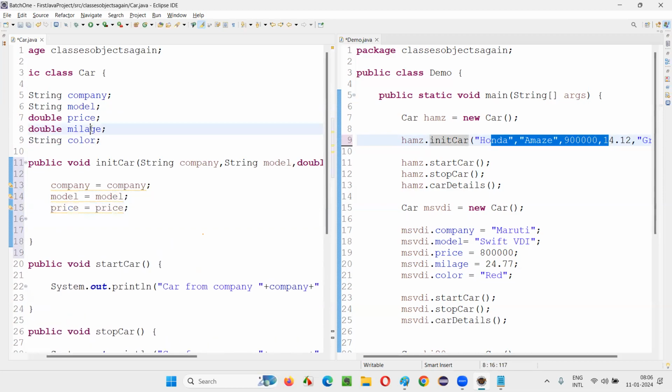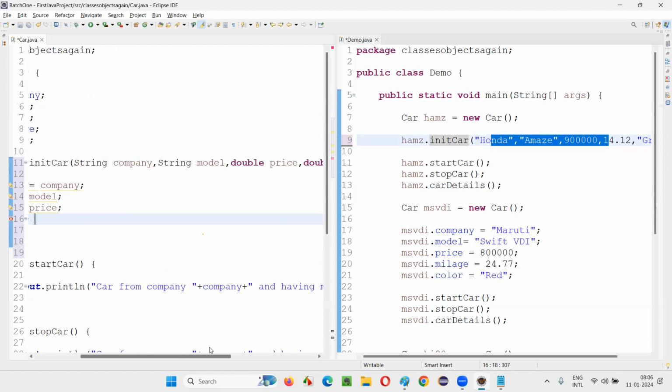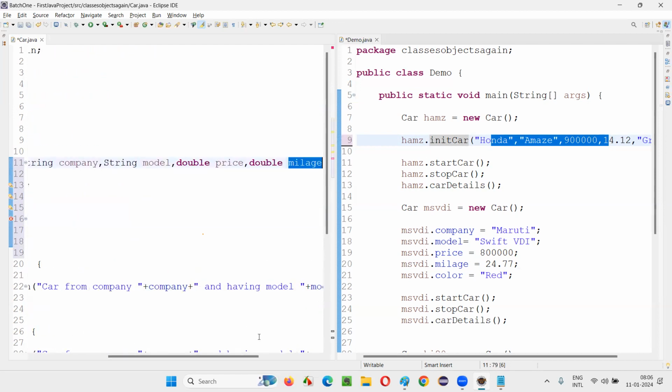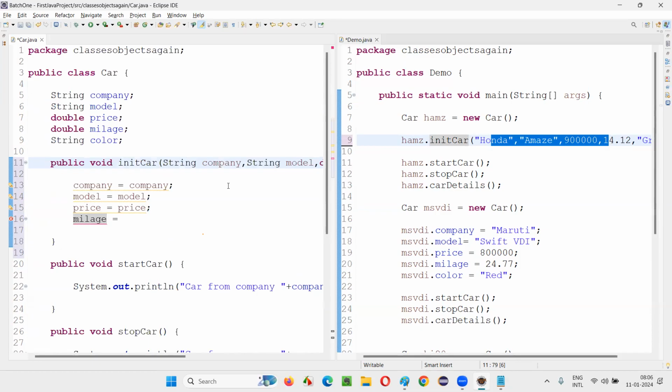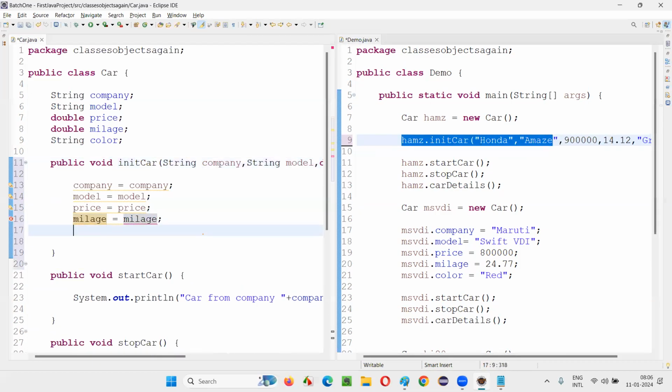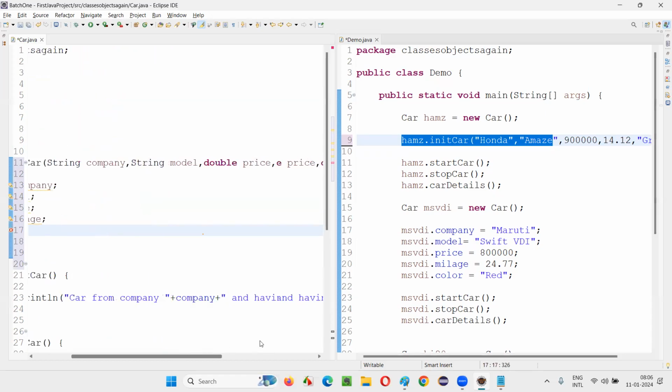Then global variable mileage is equal to parameter mileage. Whatever data these parameters of this method are receiving from the method calling statement needs to be assigned to these global variables. Color is equal to color.